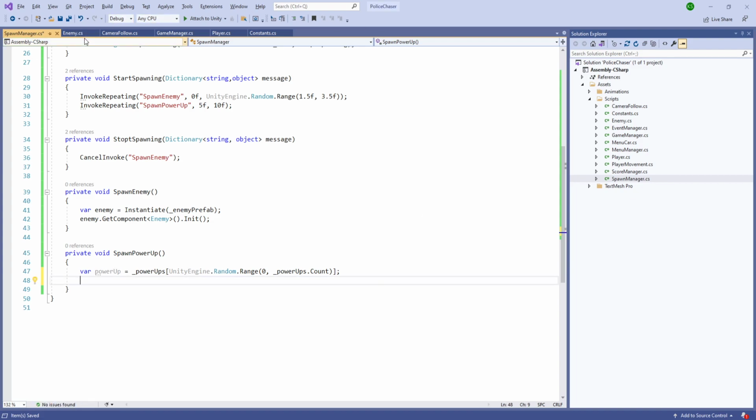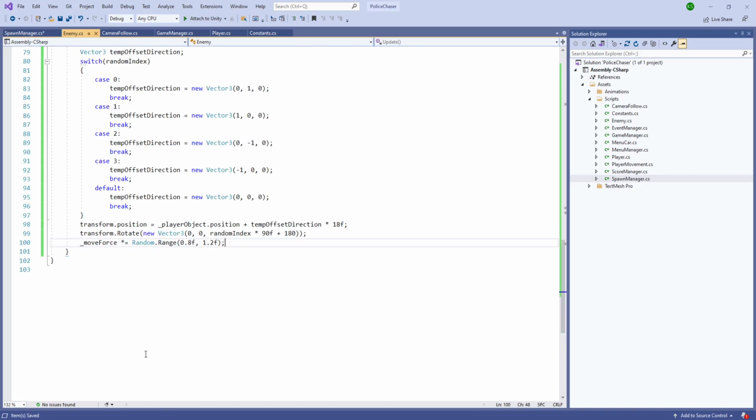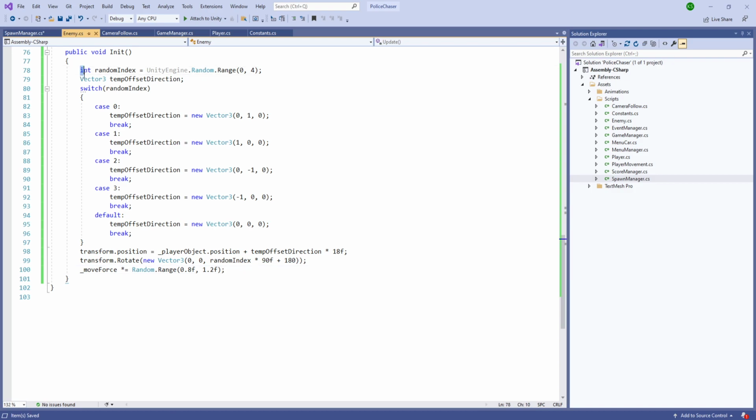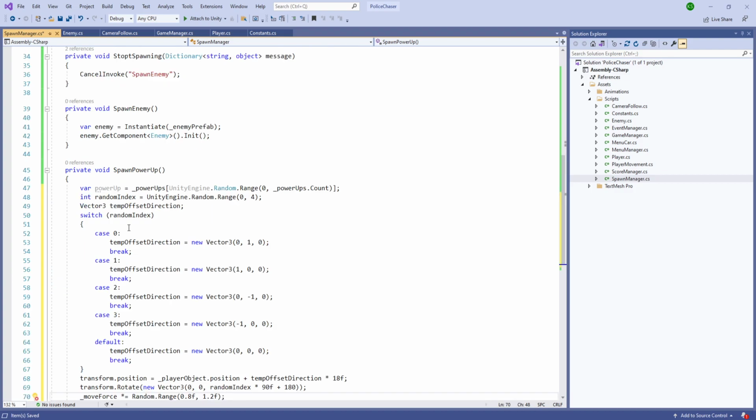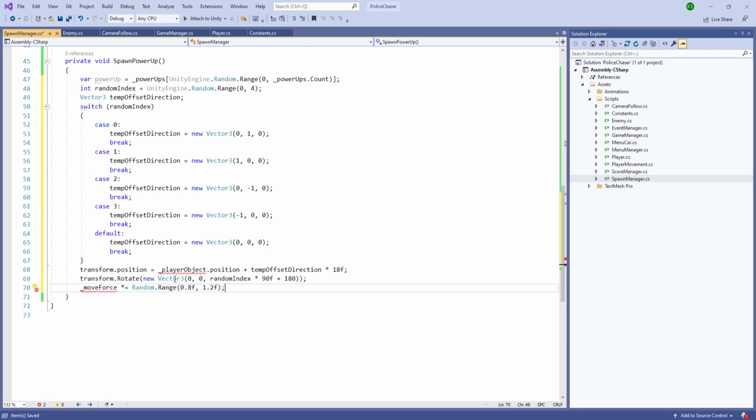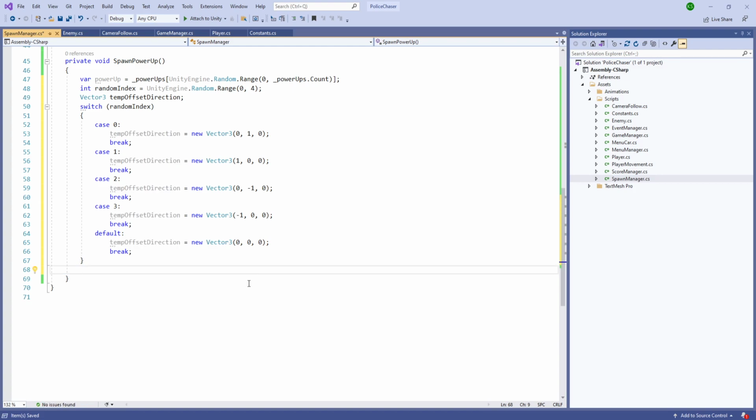we already did it. Let's go inside the enemy script, and we'll get this random. We'll just copy the whole thing and we'll see what we won't need. So we have the random index, temporary offset direction, and let's delete this all. So we are setting the temporary offset direction, and we have the random index. Now after that, what we need to do is